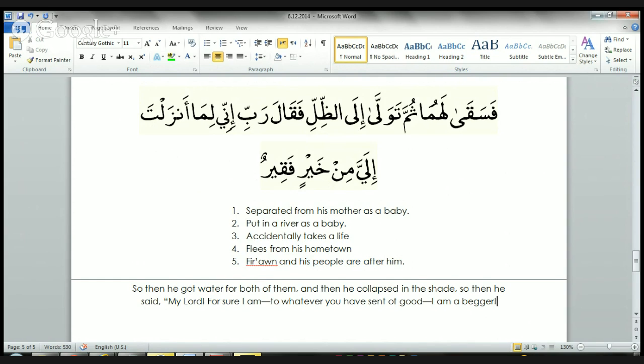He is not even asking for a certain amount. The same way Musa alayhi salam is not asking Allah anything specific. He just says, "Just give me something. I trust that you will take care of me." So obviously we gave the man a bigger amount than what was due. He was an older person, whatever the case may be, and he was grateful. But the same way here, Musa alayhi salam doesn't know what Allah is going to send, but he's still